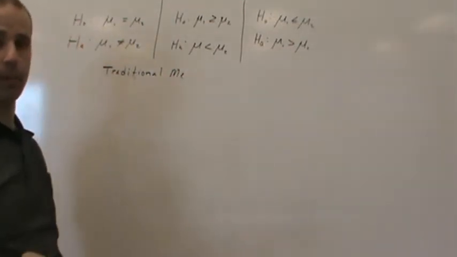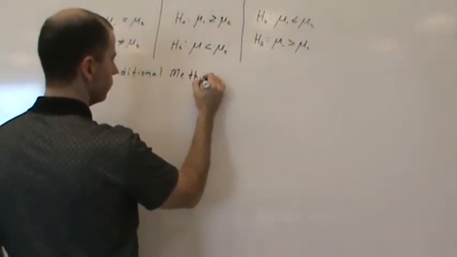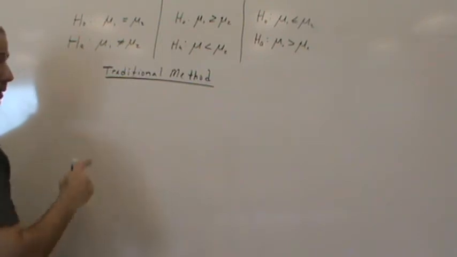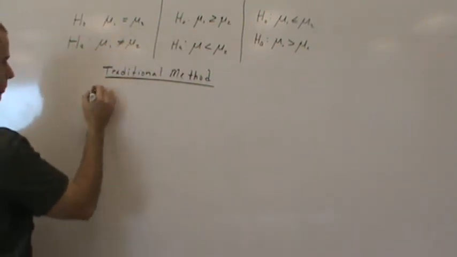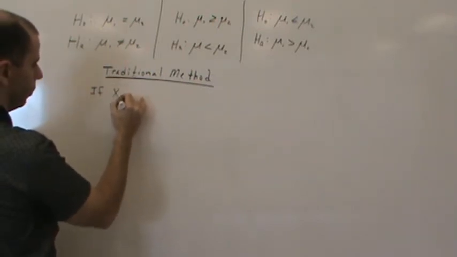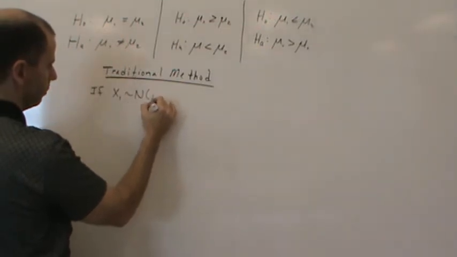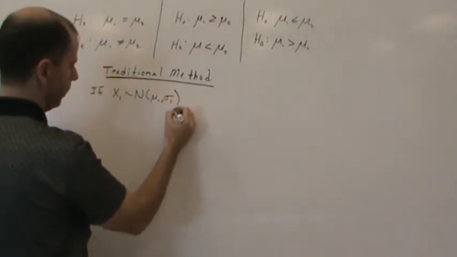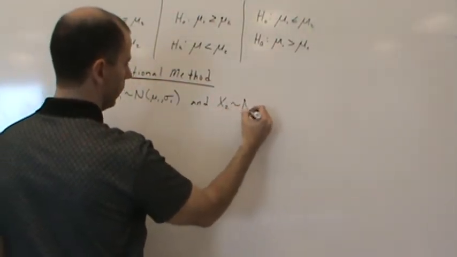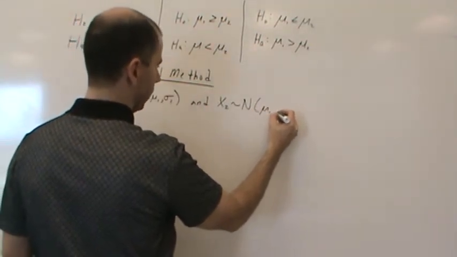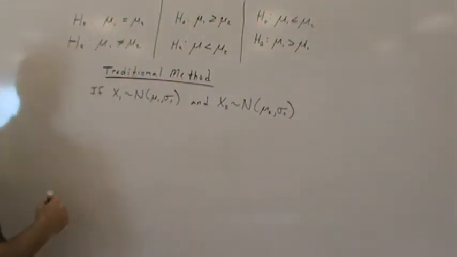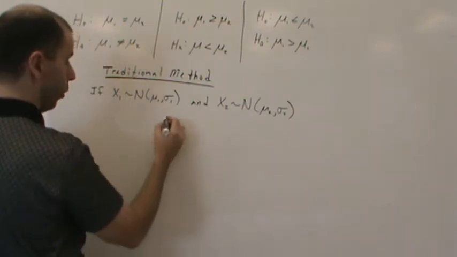Or not our point estimate, I'm sorry, our test statistic. So what's our test statistic going to be? Well, based on our assumptions, if X1 is normal with mu1, sigma 1, and X2 is normal with mu2, sigma 2, right? If this is true, or